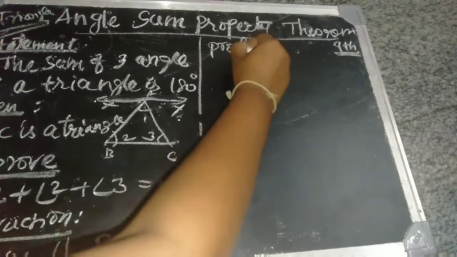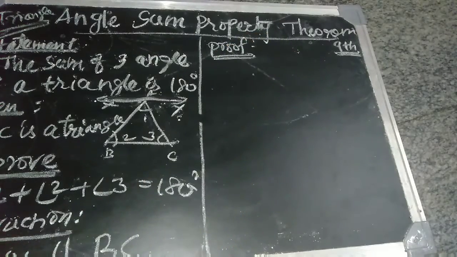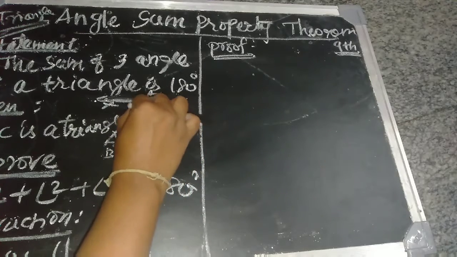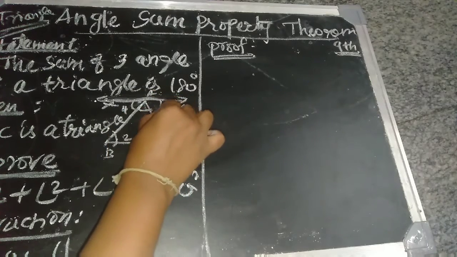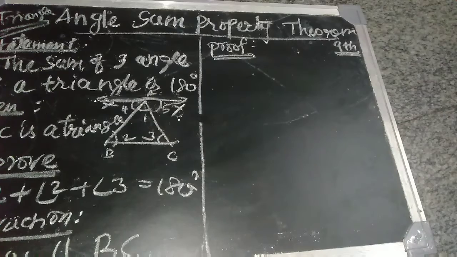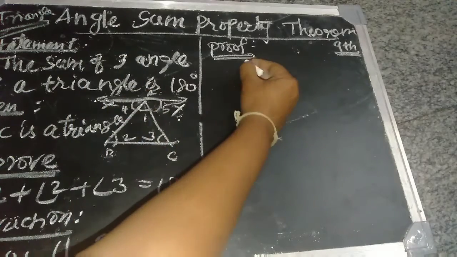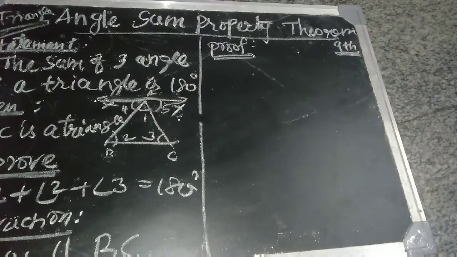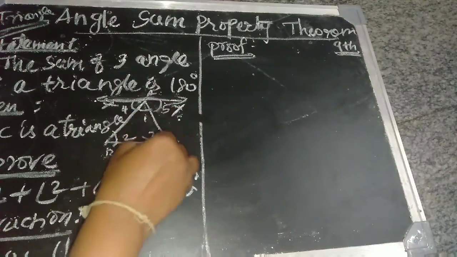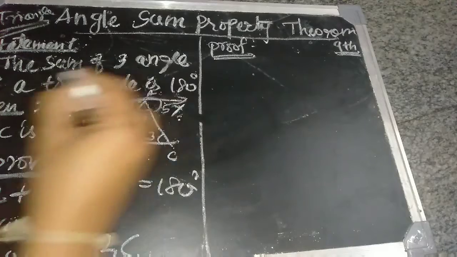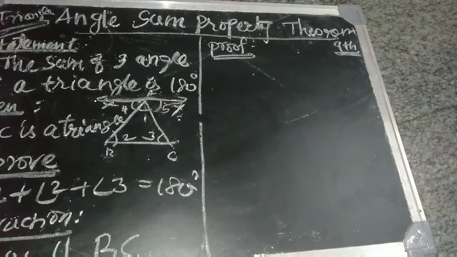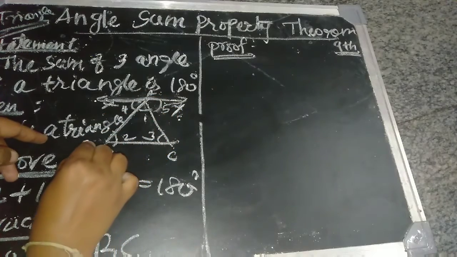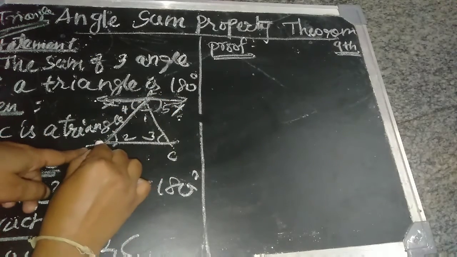What is the proof? First, we are telling this. If I draw this line, it makes here one angle 4 and here one angle 5. That means angle XAB is angle 4, and angle YAC is angle 5. Next, I drew both parallel lines, XY and BC. Parallel lines mean alternate interior angles are equal. So it is looking like a transversal. Both lines are parallel, and this is the transversal.